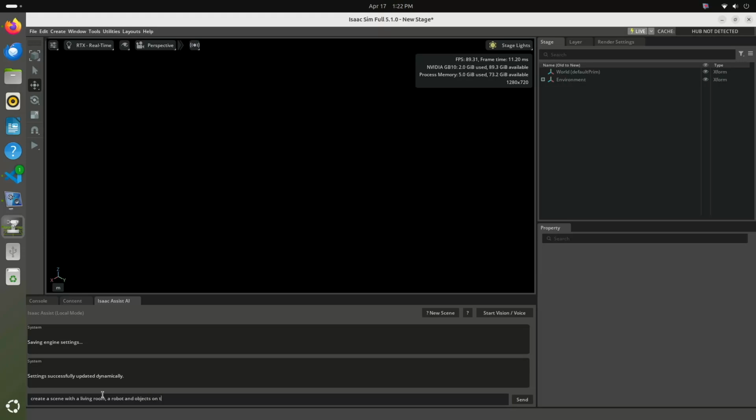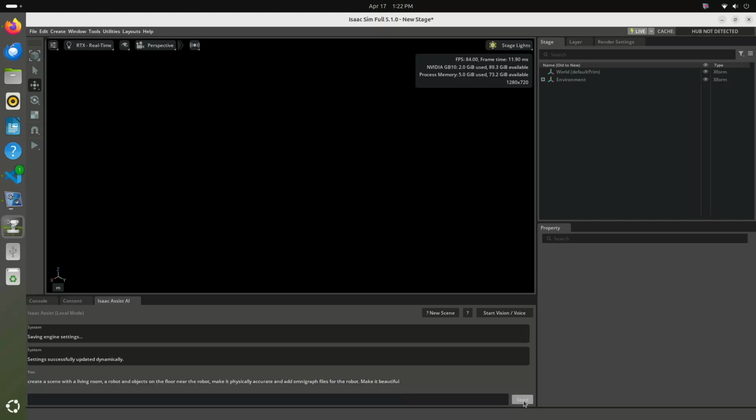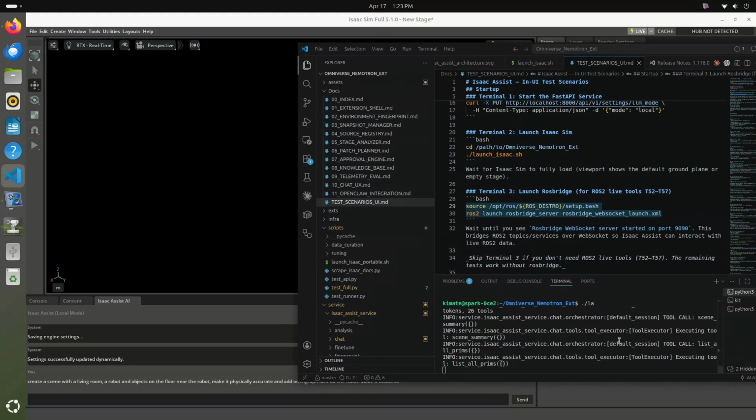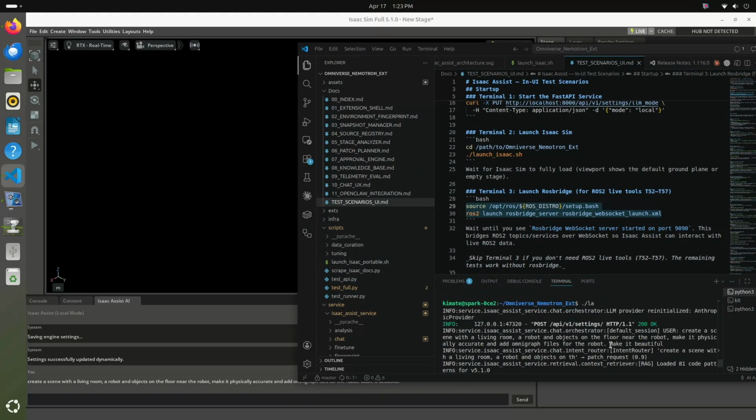Moving on to how this actually works in slow motion. You can see I am typing here, and as I type, you'll see that the scene slowly shows up. We'll run through this quite quickly because this is about 20 minutes to create a scene from scratch. But you'll see that we go from no scene whatsoever all the way through to a fully working articulated scene